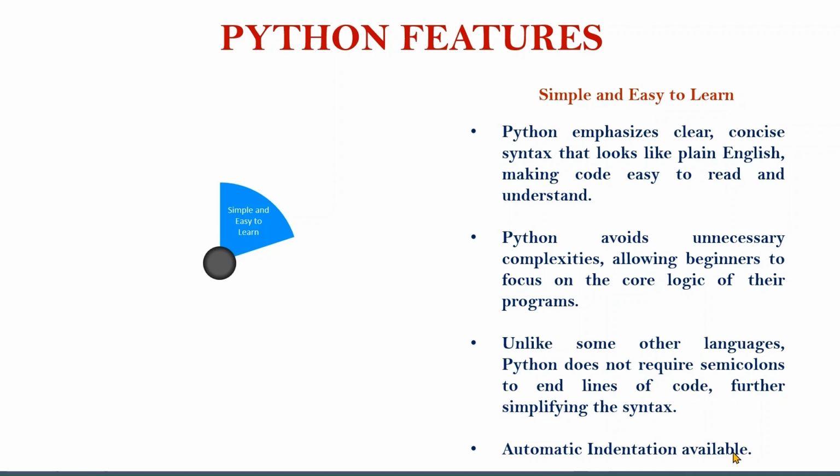So if you take a for loop, you put a colon at the termination point. Then once you put a colon, you leave some space in the next line. That space is called indentation. And from there onwards, you write in the same block. So that automatic indentation is available, and that's the best part of Python programming. By this, we can say that Python is very simple to understand.